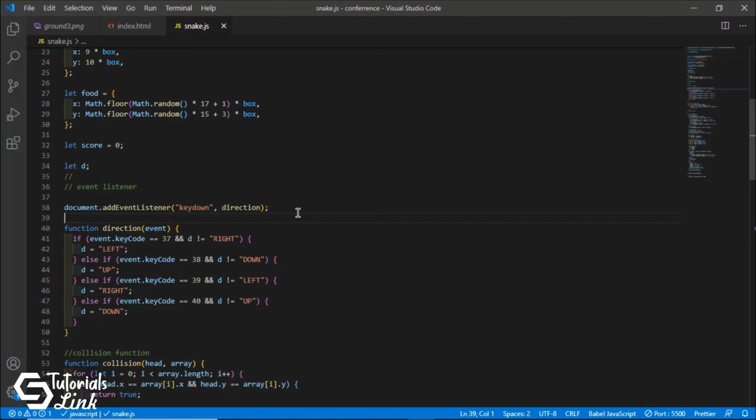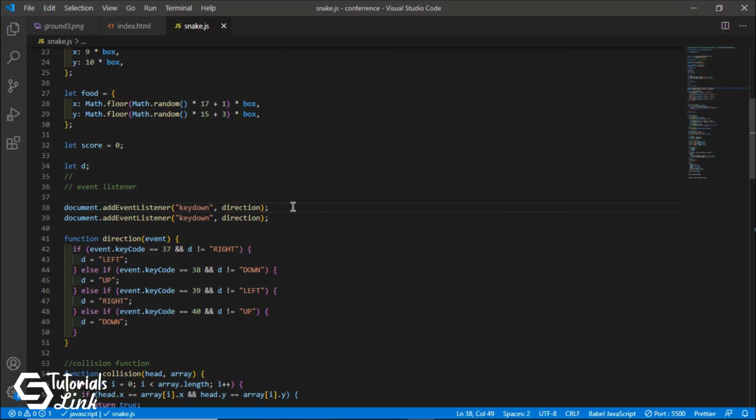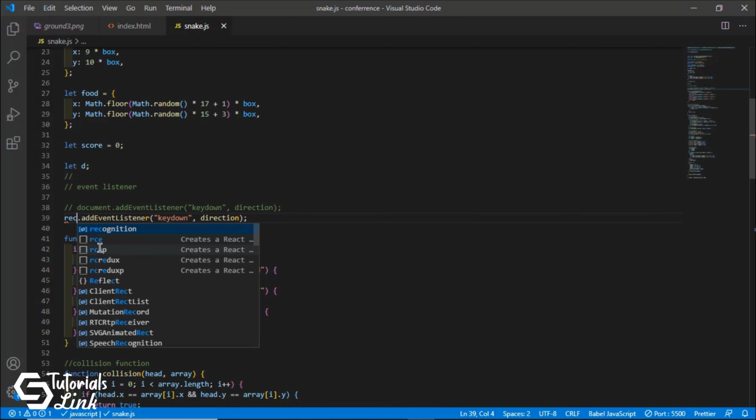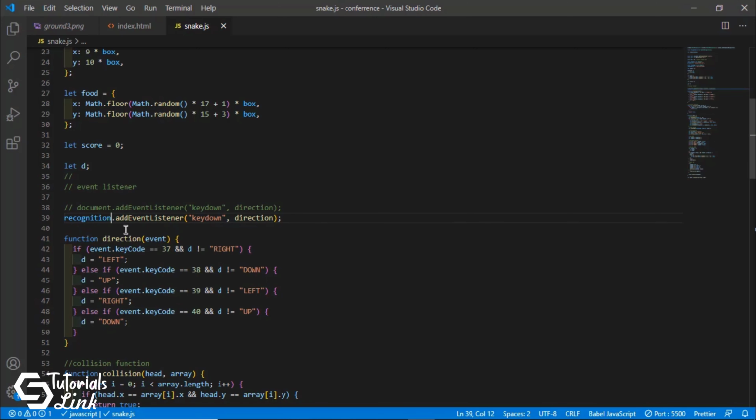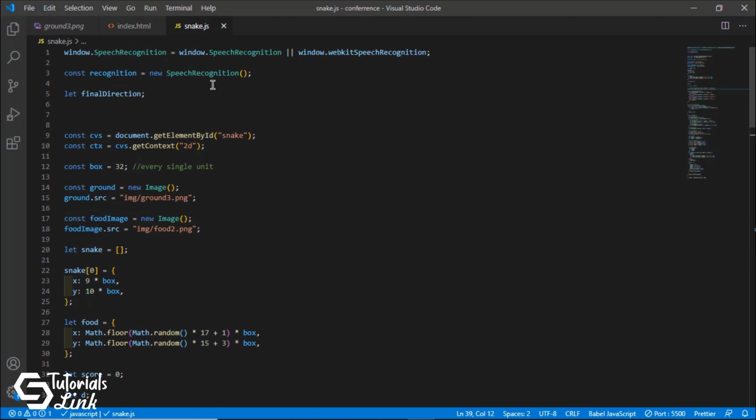So for a second, we'll just copy this, comment this out, and here what we have to do is simply, in the document, we don't want it anywhere in the document, we now want it in recognition, because recognition is linked with new speech recognition and it is linked with window.